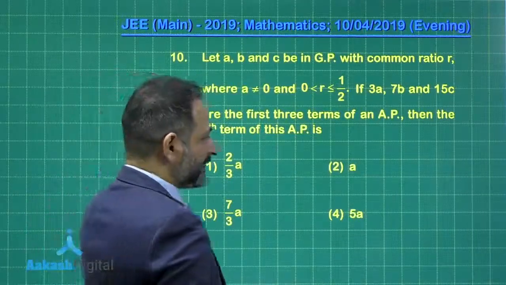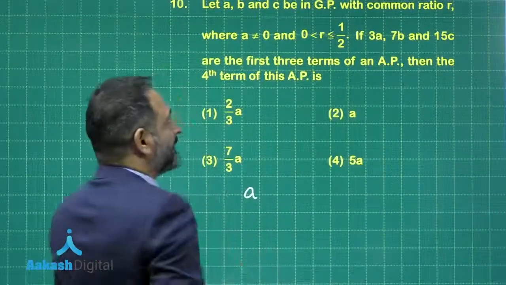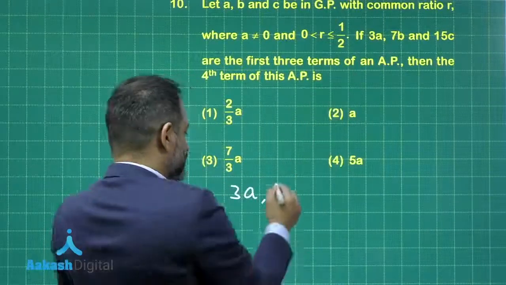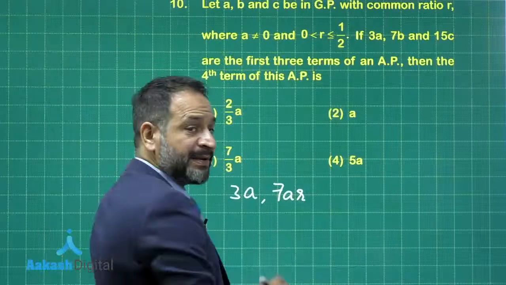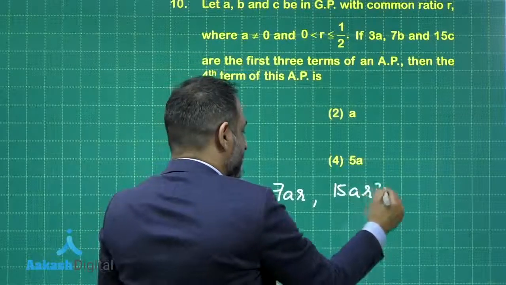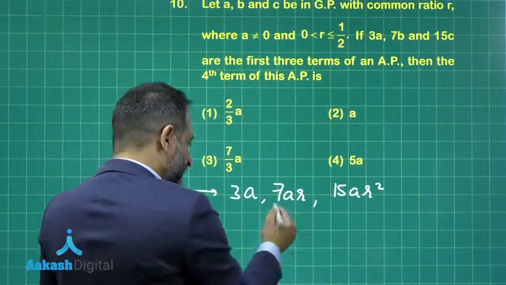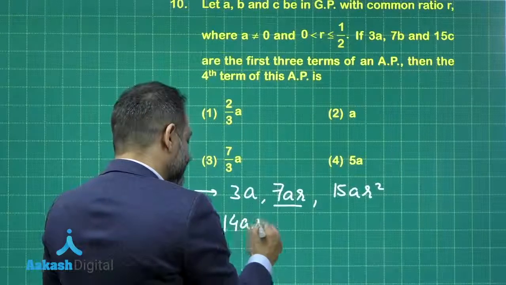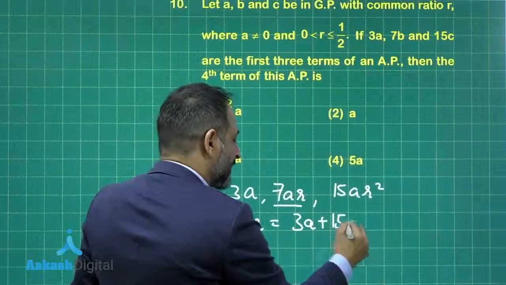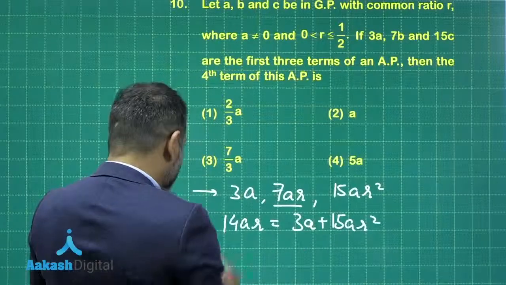So we are assuming A, B, C as A, AR and AR square. So 3A, 7B, where B is AR because A, B, C are in GP, and 15C, that is 15AR square. Now these three are in AP, it is given. So definitely 2B, that is twice of the second term, is equal to first plus third term, that is 3A plus 15AR square. You can see here A is cancelled out, and if you calculate the value of R,